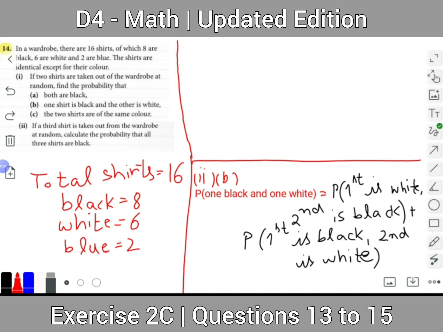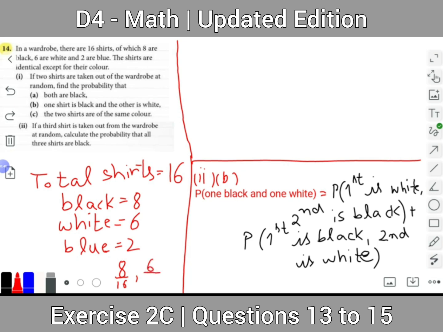Since we know the probability for the black shirt, that was 8 over 16. Now for the white shirt we have the probability